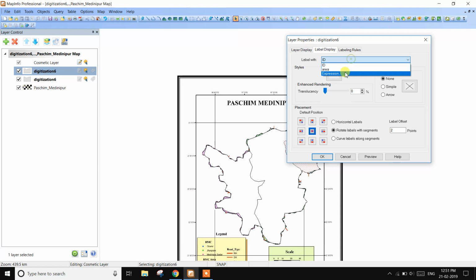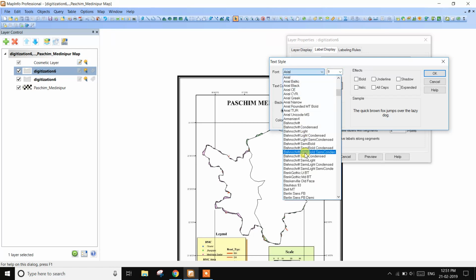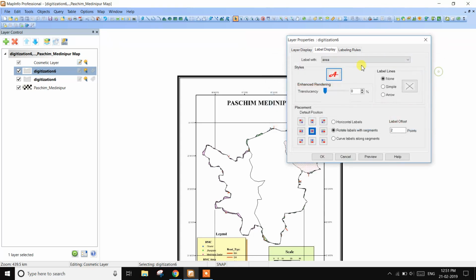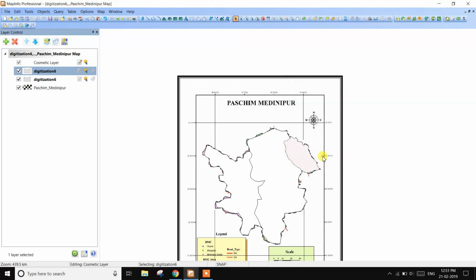At first go to Area, then Style and change the color. In Label Display, the area is automatically calculated from the attribute table.